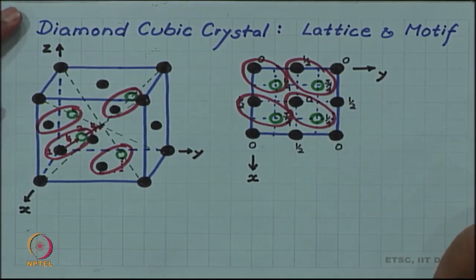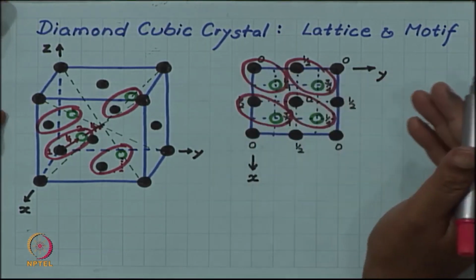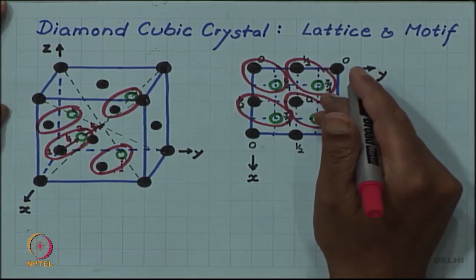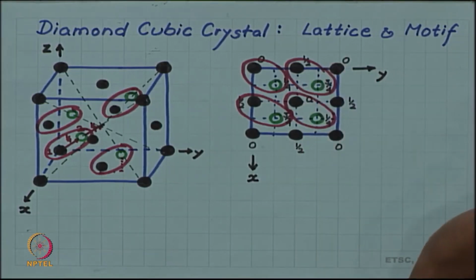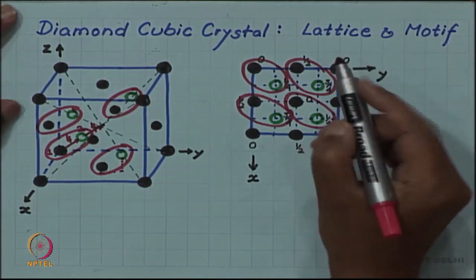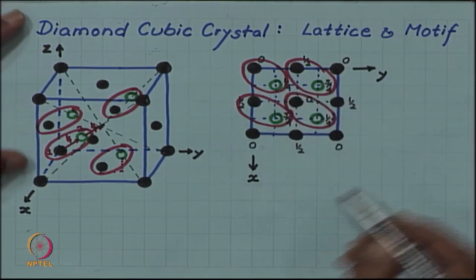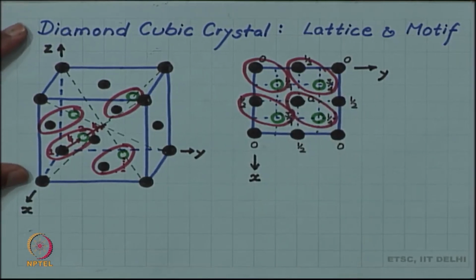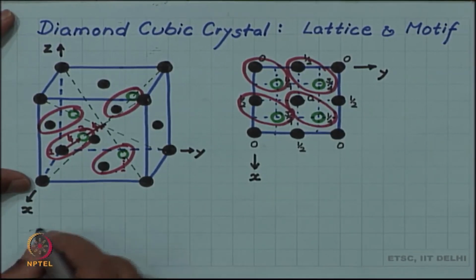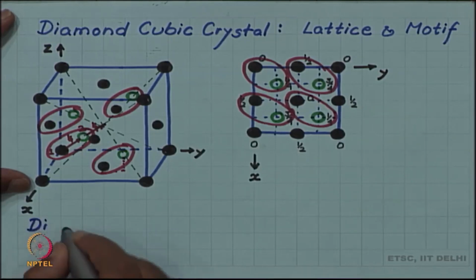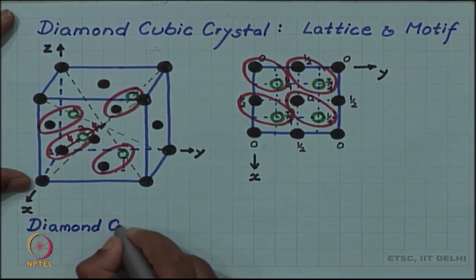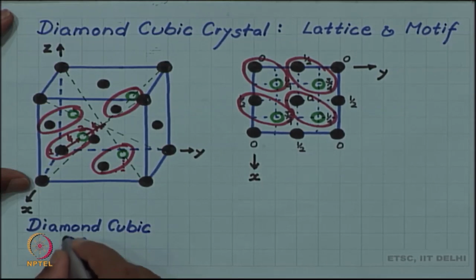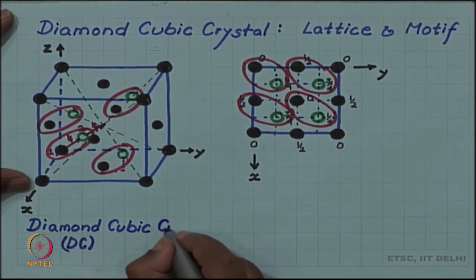So, now we are finding that we have accounted for all the extra 4 atoms, all of them are associated with their corresponding lattice point. So, we do not need any more. So, the motif is a 2 atom motif. So, we can write the diamond cubic structure. The conclusion of this analysis is that diamond cubic, briefly we can write DC, diamond cubic crystal,